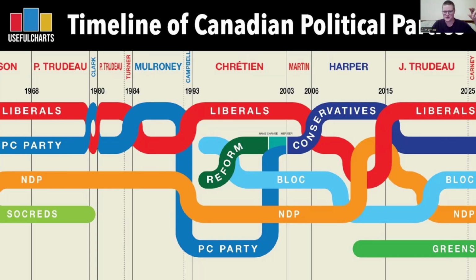You can see the merger of the PC Party and the Reform Party, which are not actually all that closely aligned ideologically. They're just more closely aligned than any of the other major parties, and so it's actually one of the big problems with the Conservatives right now. They have this Western autonomy wing that wants to go off and do its own thing, up to possibly independence. And then they have the more classic progressive conservative wing, and they don't always get along. Anyway, so